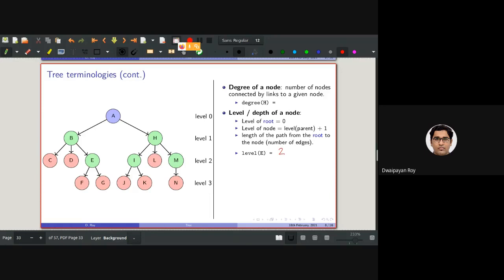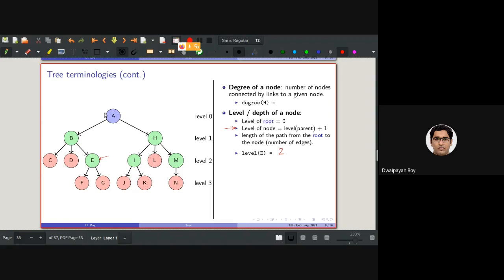So the level of root is 0. We are computing the level of this node. The parent of this node is at level 0. In this recursion step, we can see the level of a node will be the level of its parent plus 1, and the base condition is that the level of root is 0.